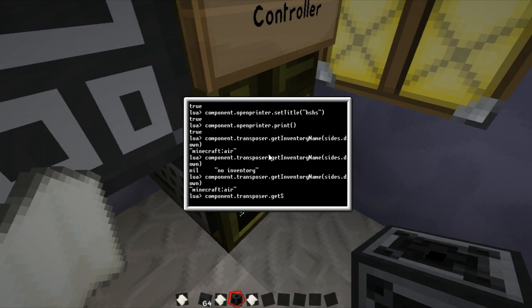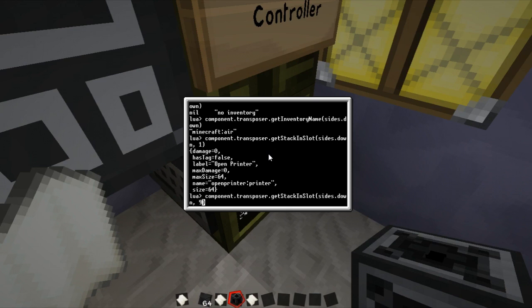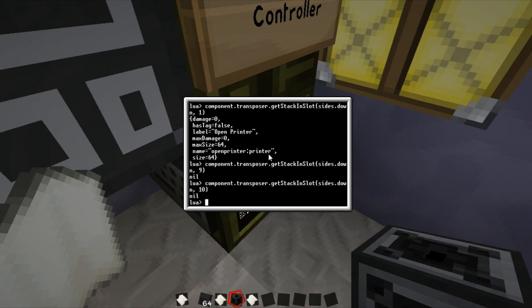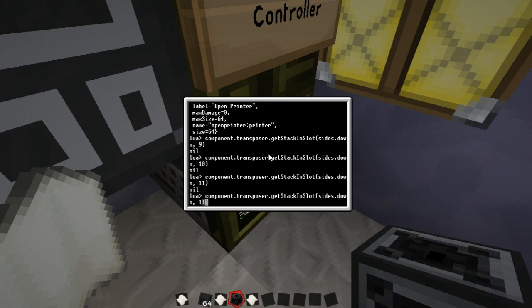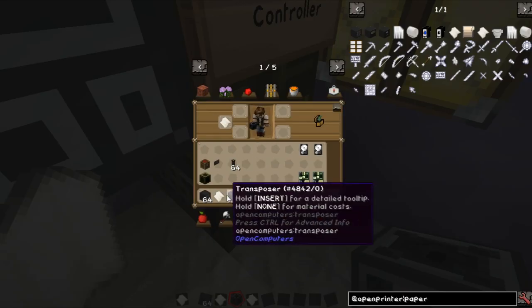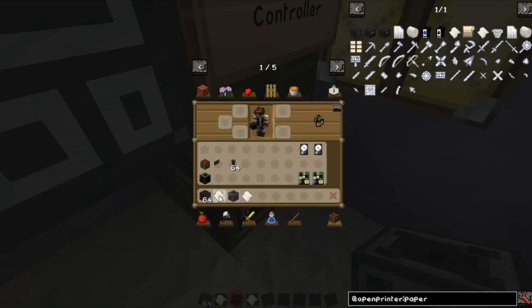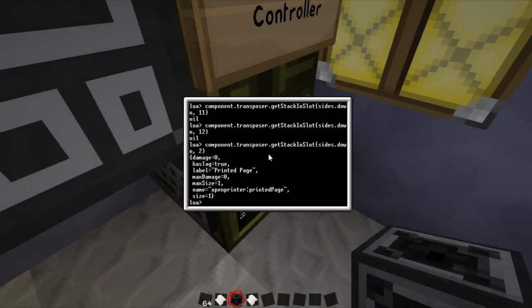So I believe it's stack and slot, or item in stack. Stack and slot. Sides dot down, comma 1. Open printer. Okay, so that's there. Let's go 9. 10. I can't remember what the whole thing is, but you can see open printer, printed page. If we go into there, and we'll just put that to there, go back into there, you'll see that